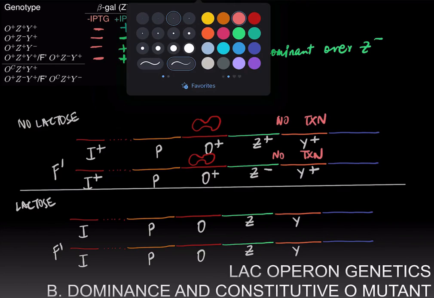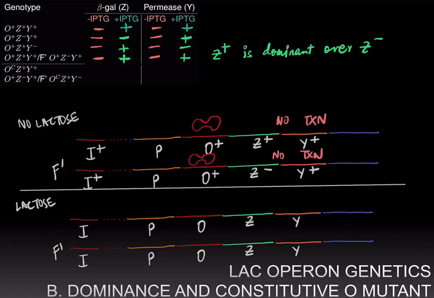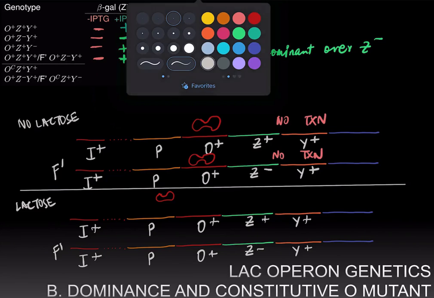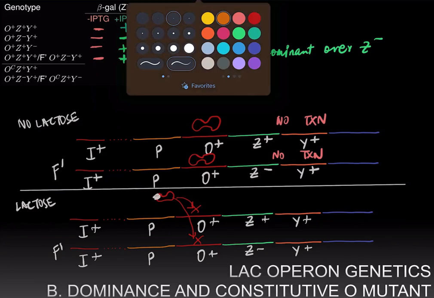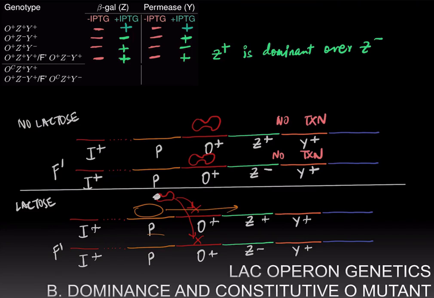On the other hand, when you have lactose in the cell, and let me quickly write the genotypes down, you will allosterically induce the repressor, so the repressor is going to have a different shape because of binding by IPTG, which will then not be able to bind the operator site on either DNA molecule, and therefore we will have transcription on both the DNA molecules,